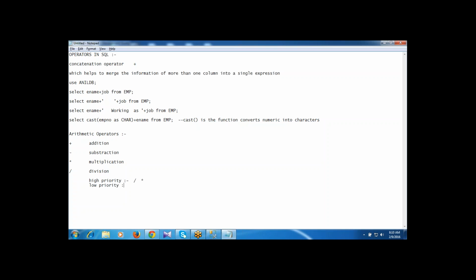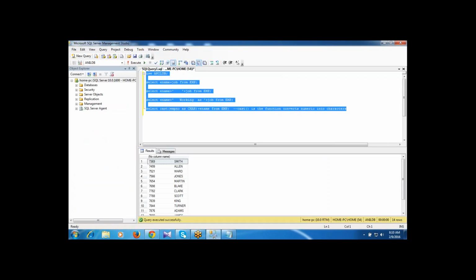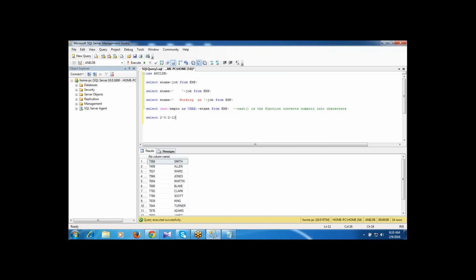Low priority are plus and minus. So here I am using these operators in the select statement to write arithmetic expressions to get the result. Here I am writing the arithmetic expression: 2 into 5 by 2 plus 10 into 8 by 2 plus 10 minus 5 into 2.